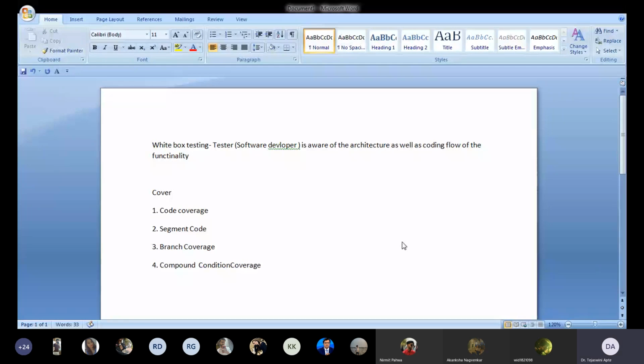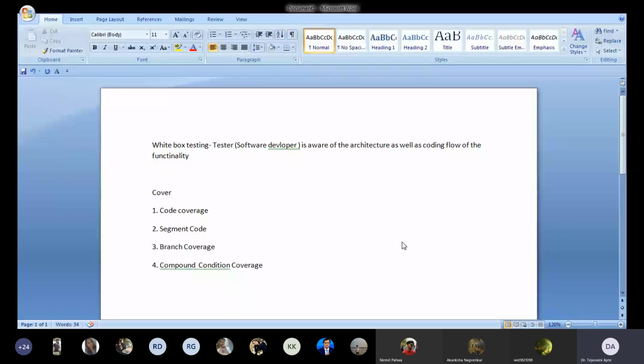So when you take care about the code coverage, naturally, we are, as a software developer as well as a white box tester, aware of what the architecture of this particular code is and how exactly the things are going to move. That's what each and every participant is supposed to take care about, because many of the participants need to go with white box testing because black box testing is not at all possible in their dissertation project,